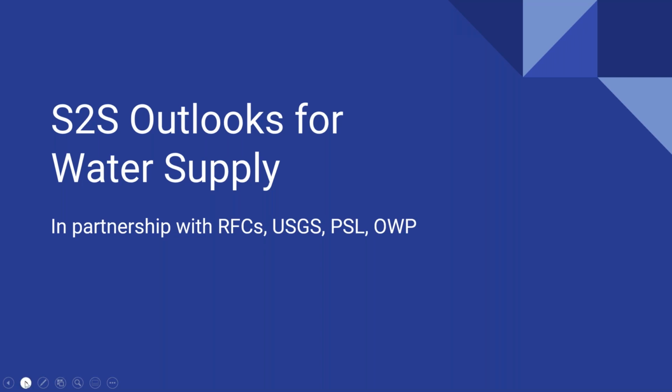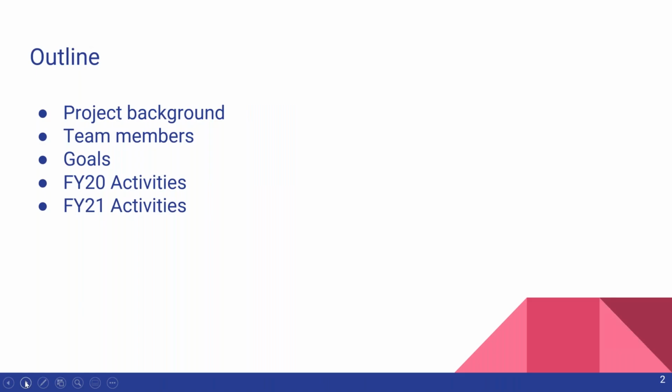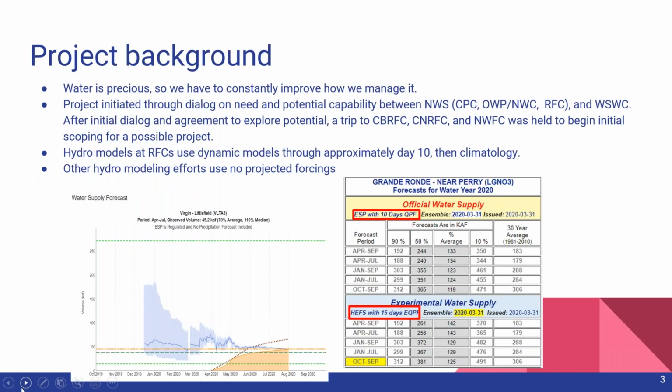So we can go to the next slide. I'm going to talk about background, members, some goals, what we've done in fiscal year 20 and what we're planning to achieve in fiscal year 21. For those not in the federal government, fiscal years run 1 October to 30 September. So we all know water is